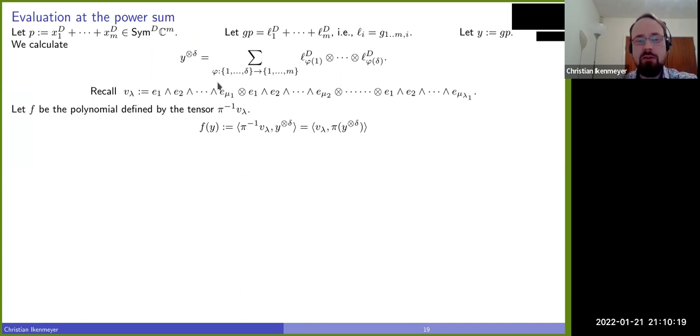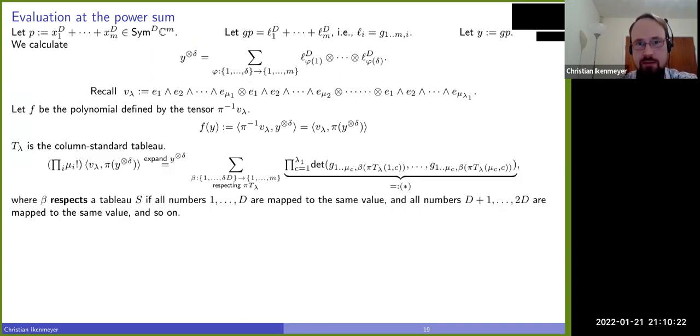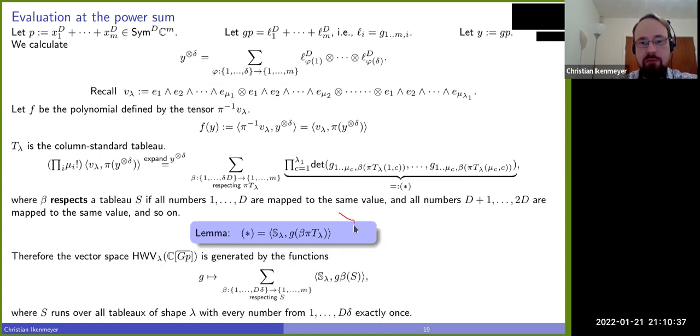This is basically just, okay, I'm not saying anything smart on this slide, I think. Maybe I don't want to go over these details. What I want to say is, if you expand this in a very natural way, you get a sum over these maps. And there's a lemma. This is also not a deep thing. The lemma basically just tells you that whatever you calculate here during your expansion into a tensor contraction looks exactly like a contraction of the tableau with the super standard tableau. So nothing else is happening here.